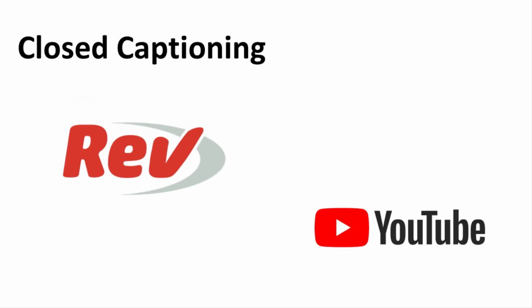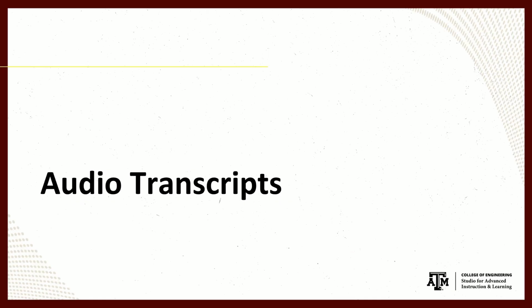There are free captioning tools available, such as YouTube, but you must edit and correct the auto-generated captions for spelling and grammar and provide appropriate punctuation and capitalization to get that 99% accuracy. Audio transcripts should be available in electronic form for your students. They are useful for deaf and hard of hearing students, but they're also useful as study guides, so students don't need to listen to the whole audio file to find the information they want to review.